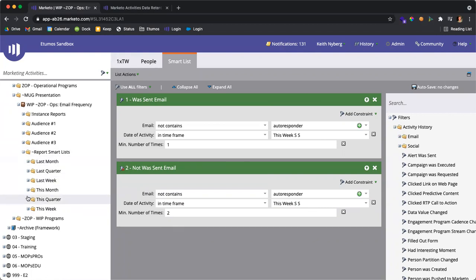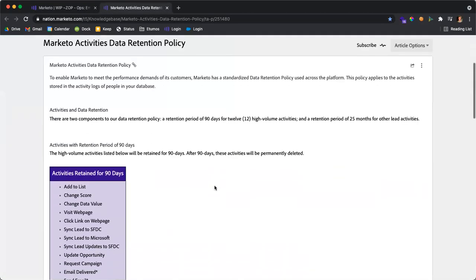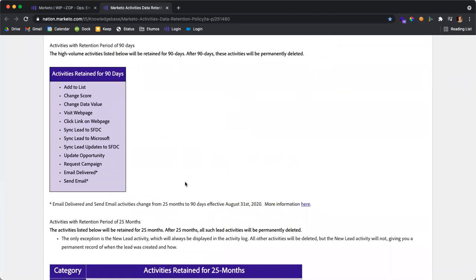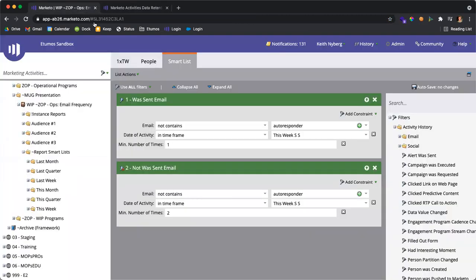The one important thing that I want to call out just before we dig in too much deeper is the data retention policies around Marketo emails as a whole. I think everybody remembers that last year in July, or I can't remember when it was, August, Marketo changed their retention criteria for email activity, right? And that means an email was sent or an email was delivered as an activity is only retained in Marketo for 90 days. It used to historically be 25 months. So be mindful of that when you're using constraints like in last quarter, because that last quarter volume is actually not going to be accurate because you're likely halfway through this current quarter. And it's going to be missing half of the last quarter, if that makes sense, because of the 90 days.